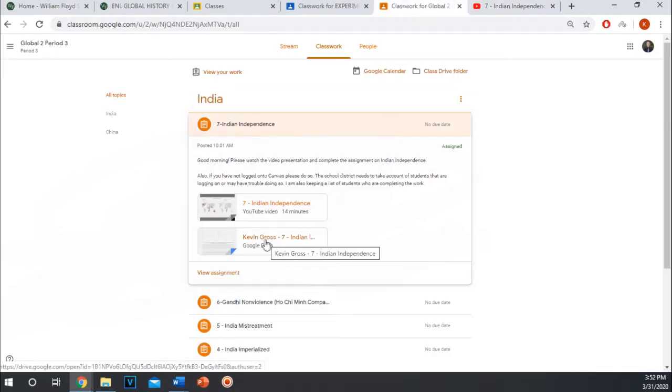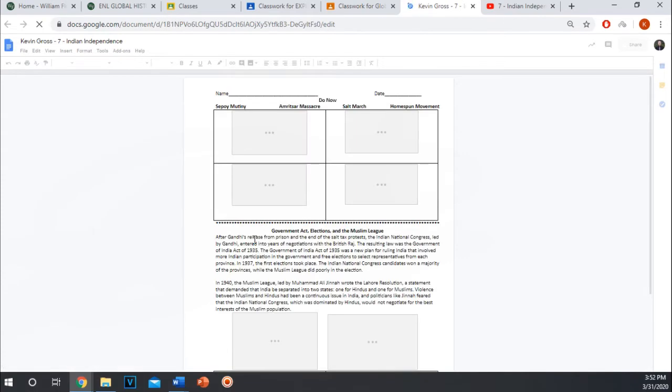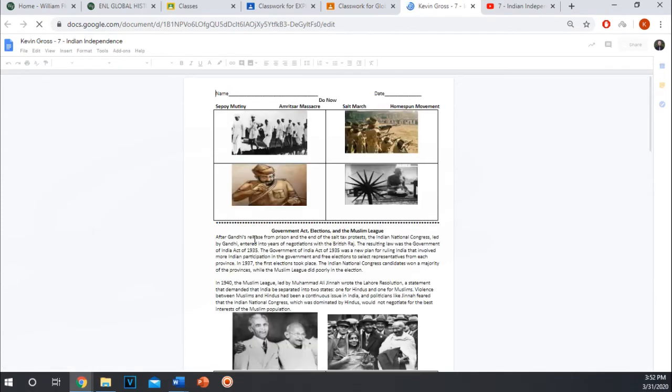First, you'll click the document that is assigned to you, and it will open up automatically into Google Docs. If you are using a cell phone, you will need to download both Google Classroom and Google Docs. We have another tutorial on that if you want to see how to access those documents on Google Docs. Now,